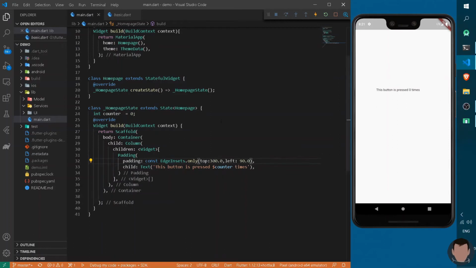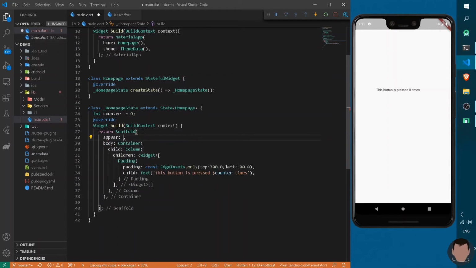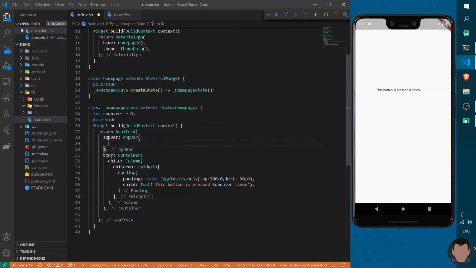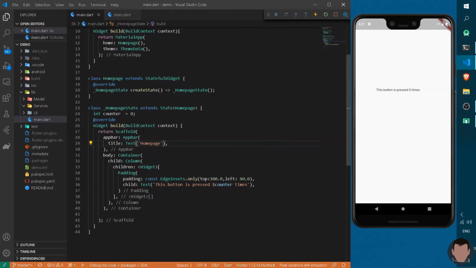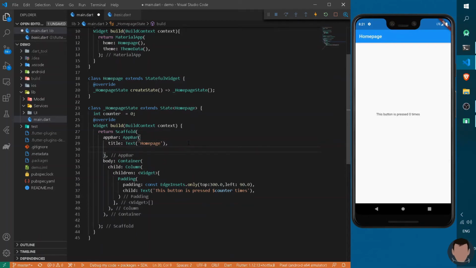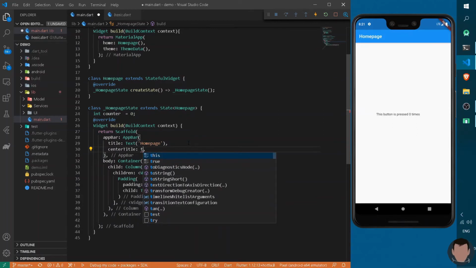It looks very dull. So let's add the scaffold and app bar. You can do it by moving here, typing appBar, which takes a parameter of AppBar. Now the app bar will take a title, which will be a text. So let's give it a name of homepage. Let's move the homepage to the center. You can do it likewise either by padding or by giving it a boolean of centerTitle equal to true.